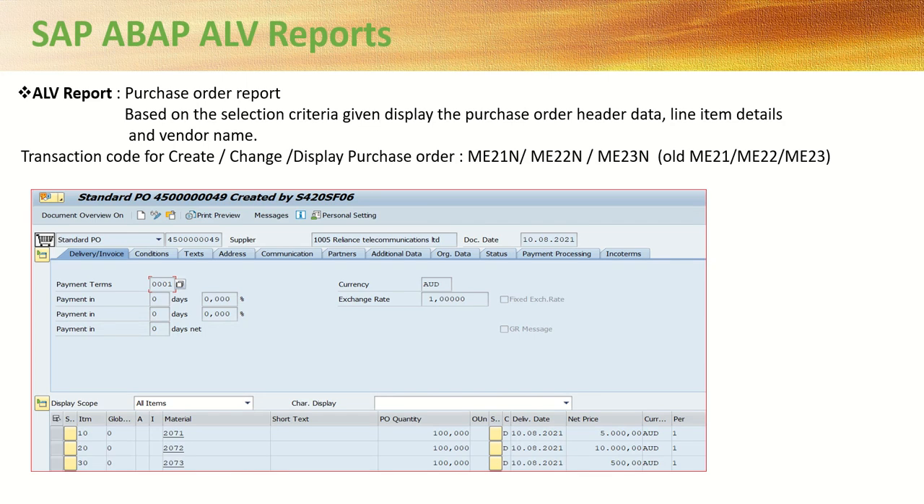Hi, now we'll learn how to create an ALV report. So here I am considering a scenario of creating an ALV report to display the purchase order details. Based on the selection criteria given on the selection screen, we'll try to display the purchase order header and the line item information. To create a purchase order, use transaction code ME21N; to change, ME22N; and to display,